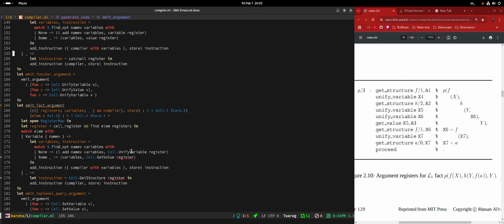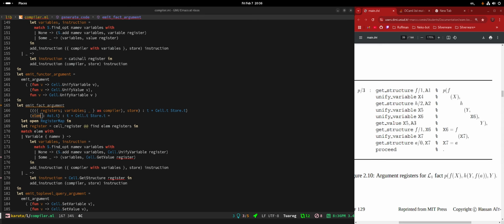Okay, so now going back to get value. Actually, let's read from the start. What are we doing? We grab the element of the fold, so we're grabbing one of the things in here, and we're trying to find its register, correct? Yeah. Let's pick this x as an example here.